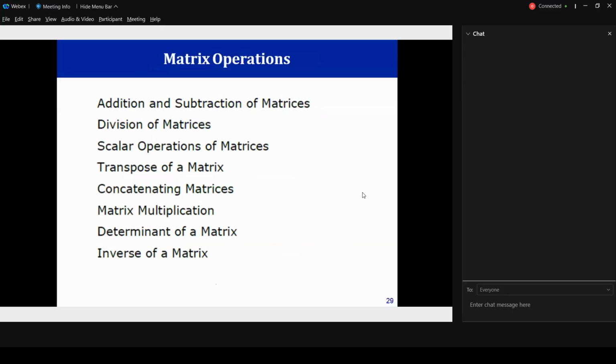Now, once we formulate our matrix, we do the algebraic operations on matrices like addition and subtraction of matrices, division of matrices, basically finding the inverse of a matrix, scalar operations of matrices, that's the multiplication of a matrix with a scalar, transpose of a matrix, concatenating of matrices, matrix multiplications, determinant of a matrix, and inverse of a matrix. So these are the possible operations on matrices that can be carried out.